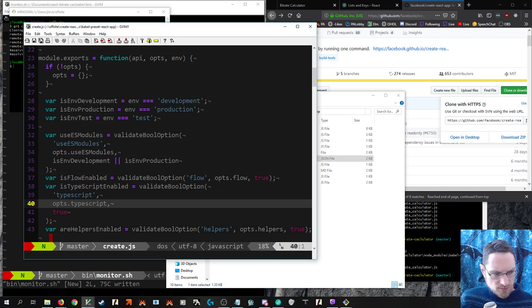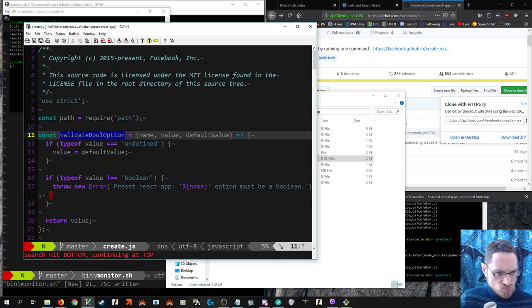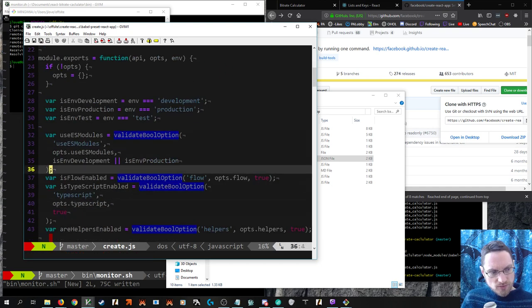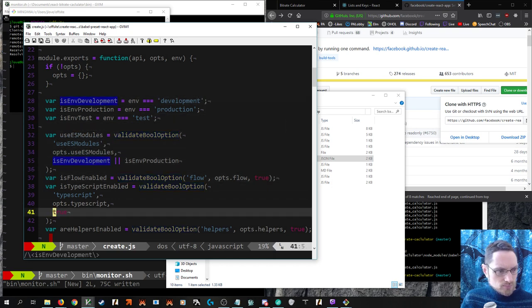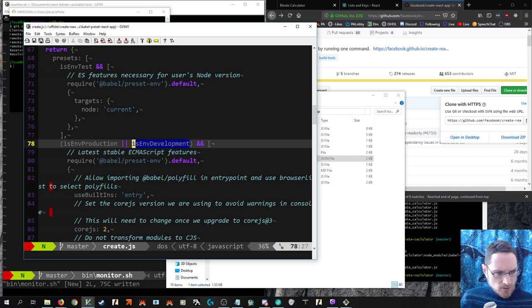Ops. Validate bool option. Oh, default value. Okay, so if it's development or production, default of use ES modules is true. Node env, Babel env,